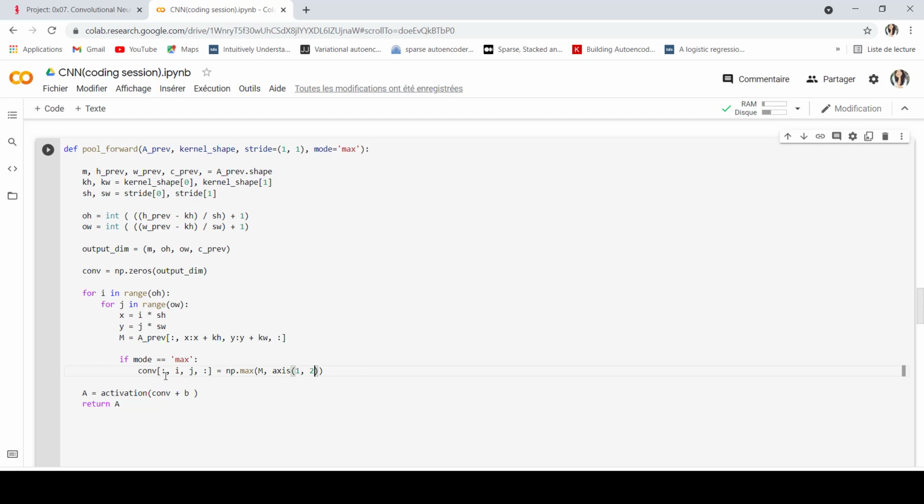When I say first and second dimensions, I mean this one or this one, because we start counting with 0. So this is for the max. Now, if my mode is average, it's going to be the same thing with the mean function of NumPy.